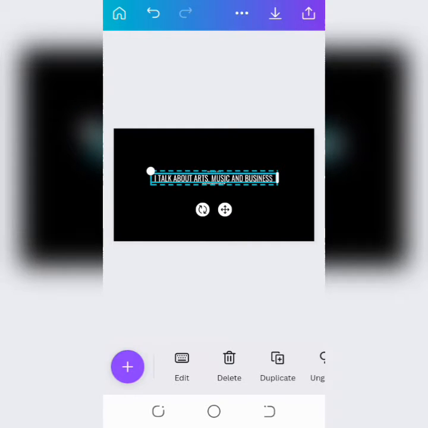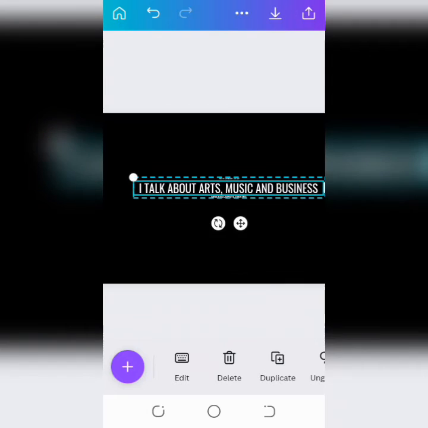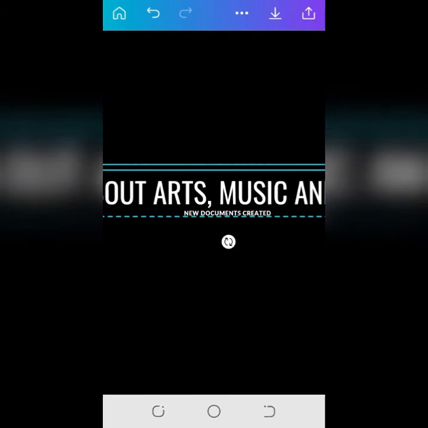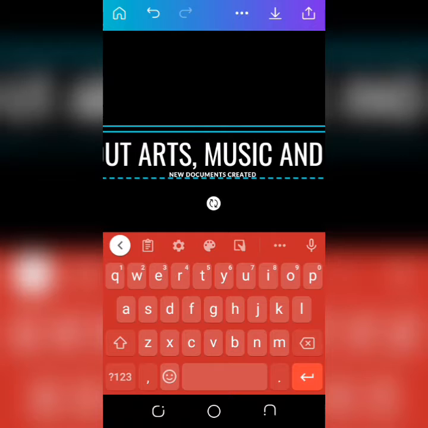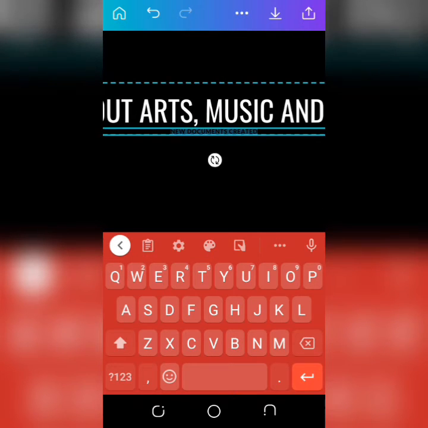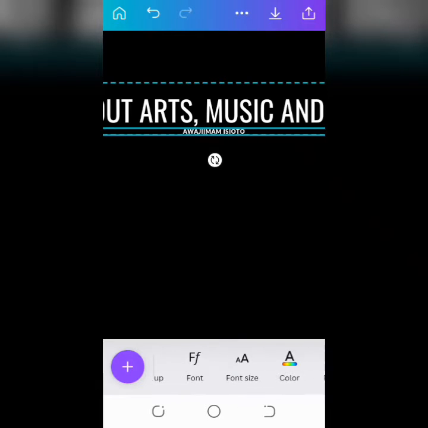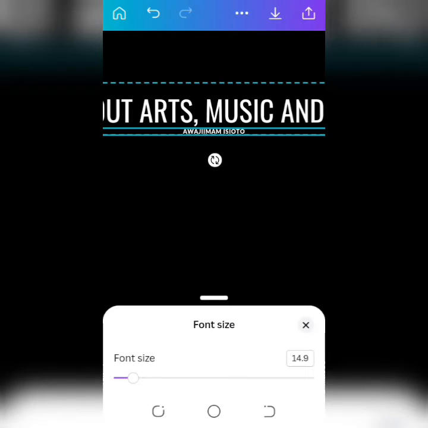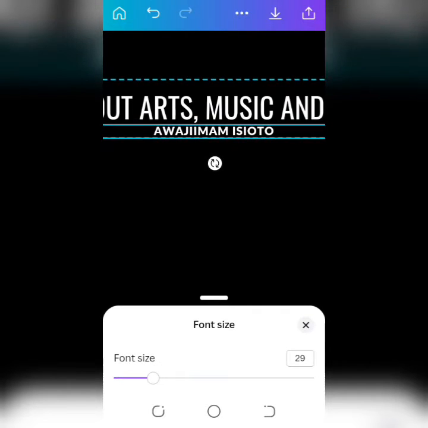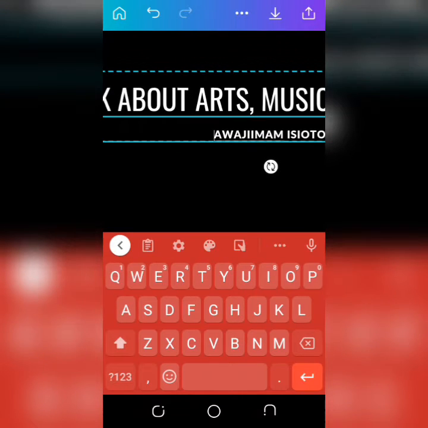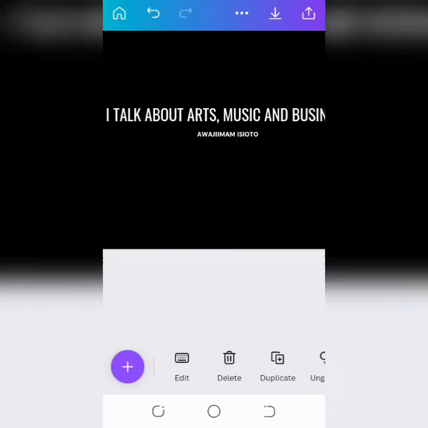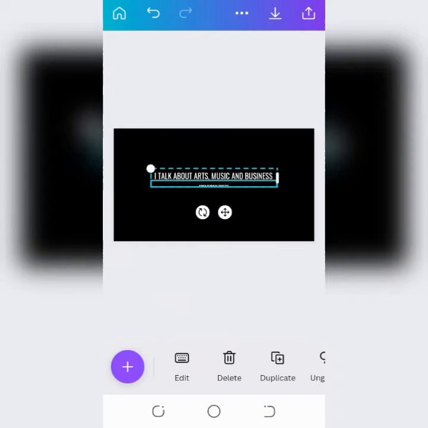Now the next thing I'm going to do is to change this stuff here. November 9, 2019. I'm going to delete it, and work on this one I have below. I'm going to write my name here, and I'm going to increase the font size a little bit. Is it big? And I'm going to shift this one. Yes. Okay, so you can see our cover art is already